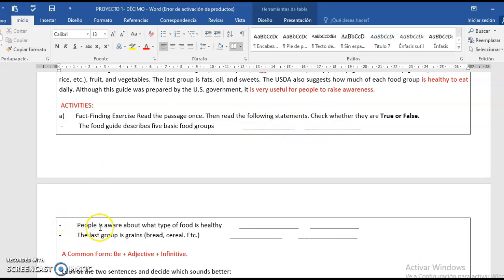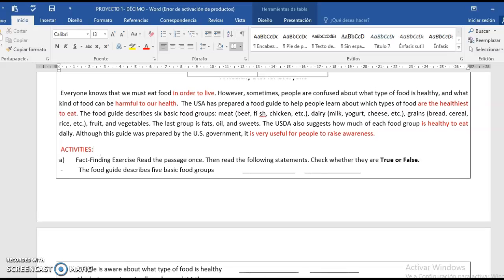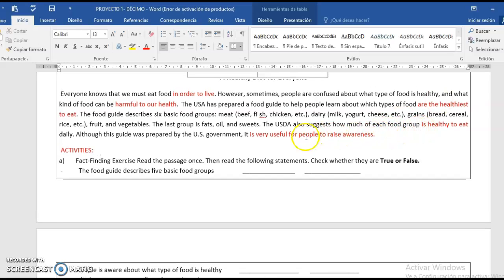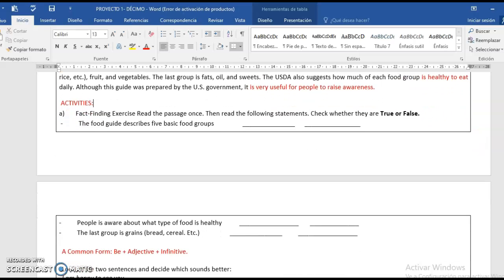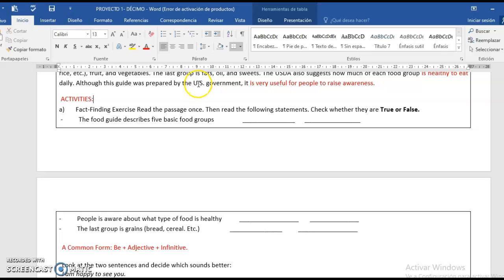The next one. People are aware about what type of food is healthy. People are aware. No creo totalmente porque aquí menciona que es muy usual para que la gente tome conciencia. Significa que la gente aún no está entendiendo esta guía en su totalidad, ¿no? So, for me, this is not totally true because there are some people that are not conscious about what they